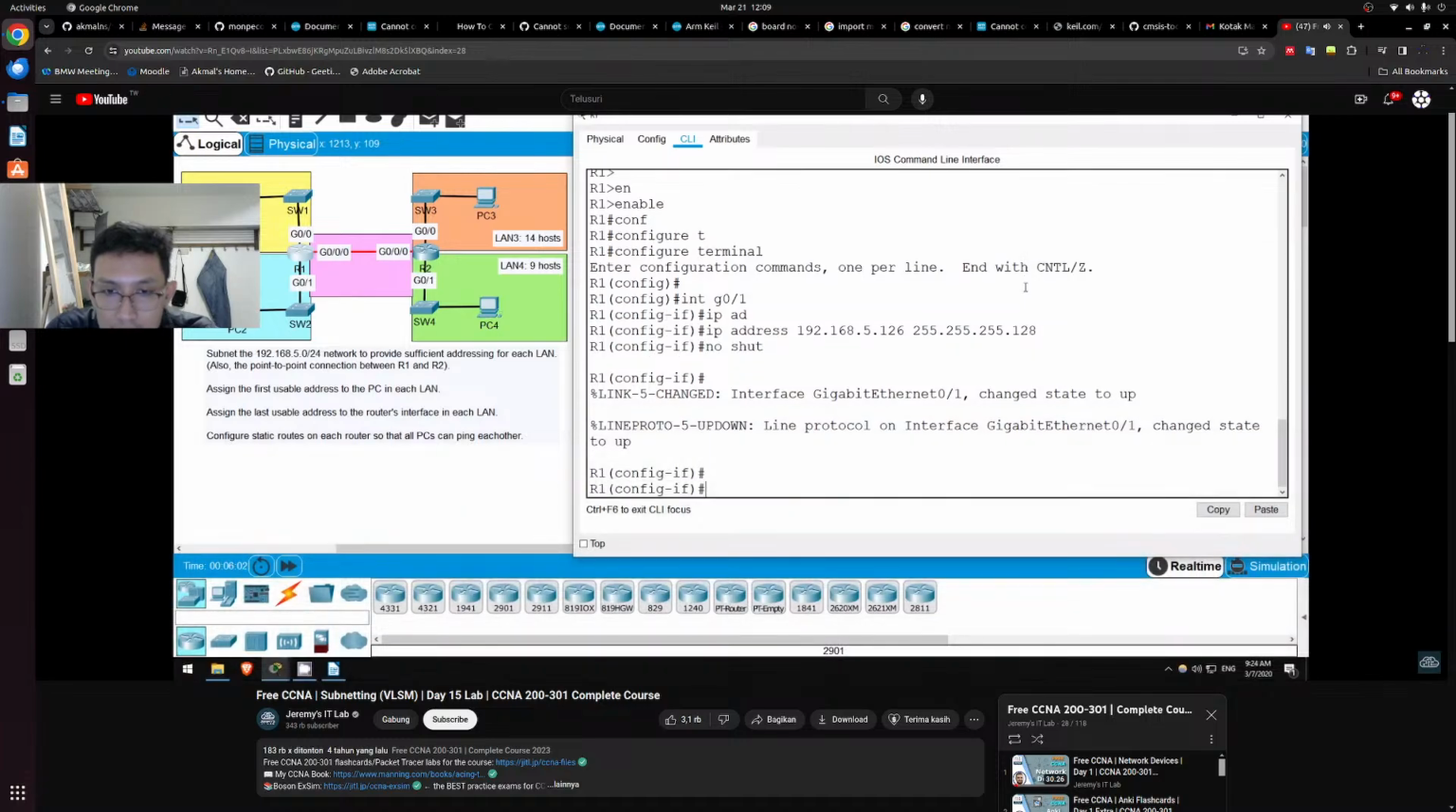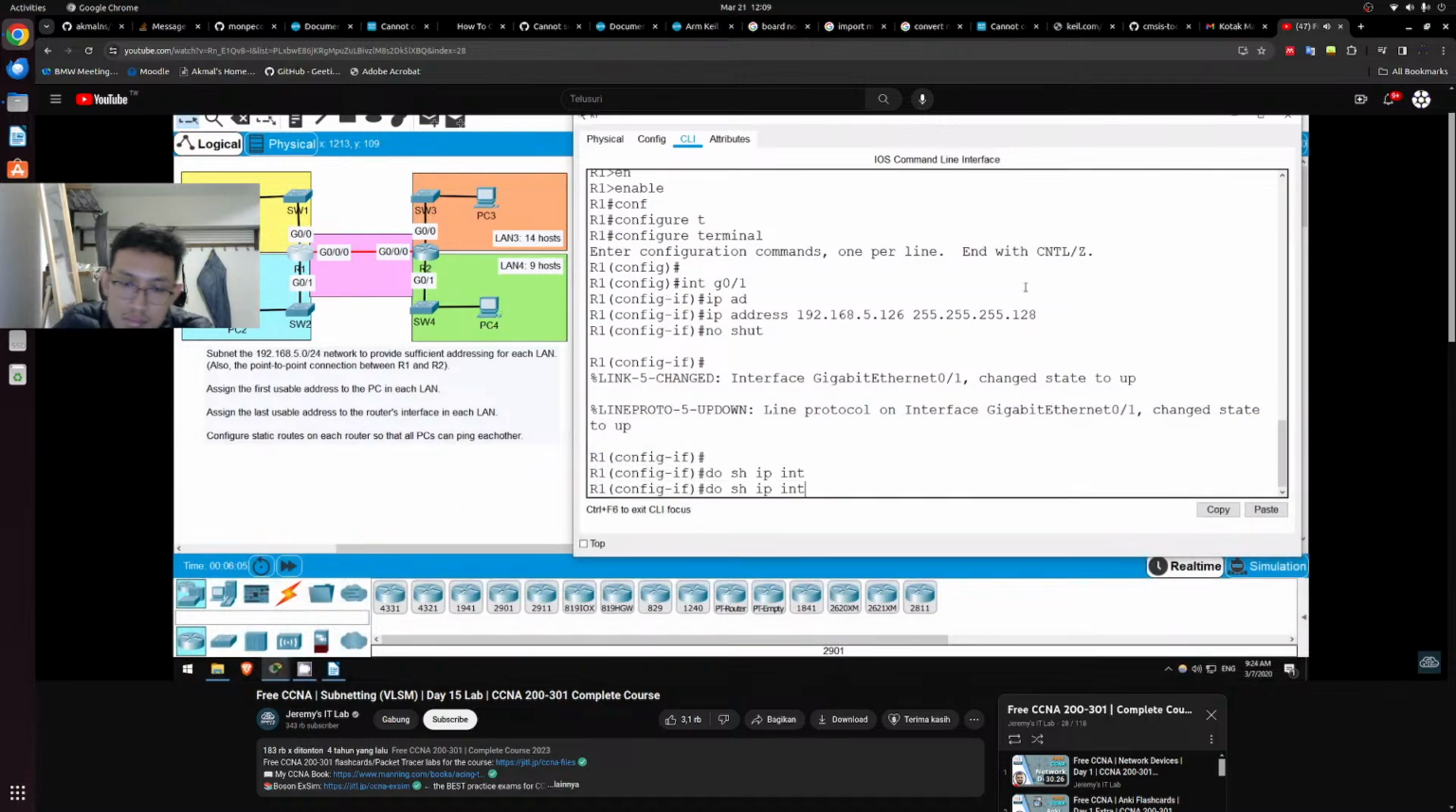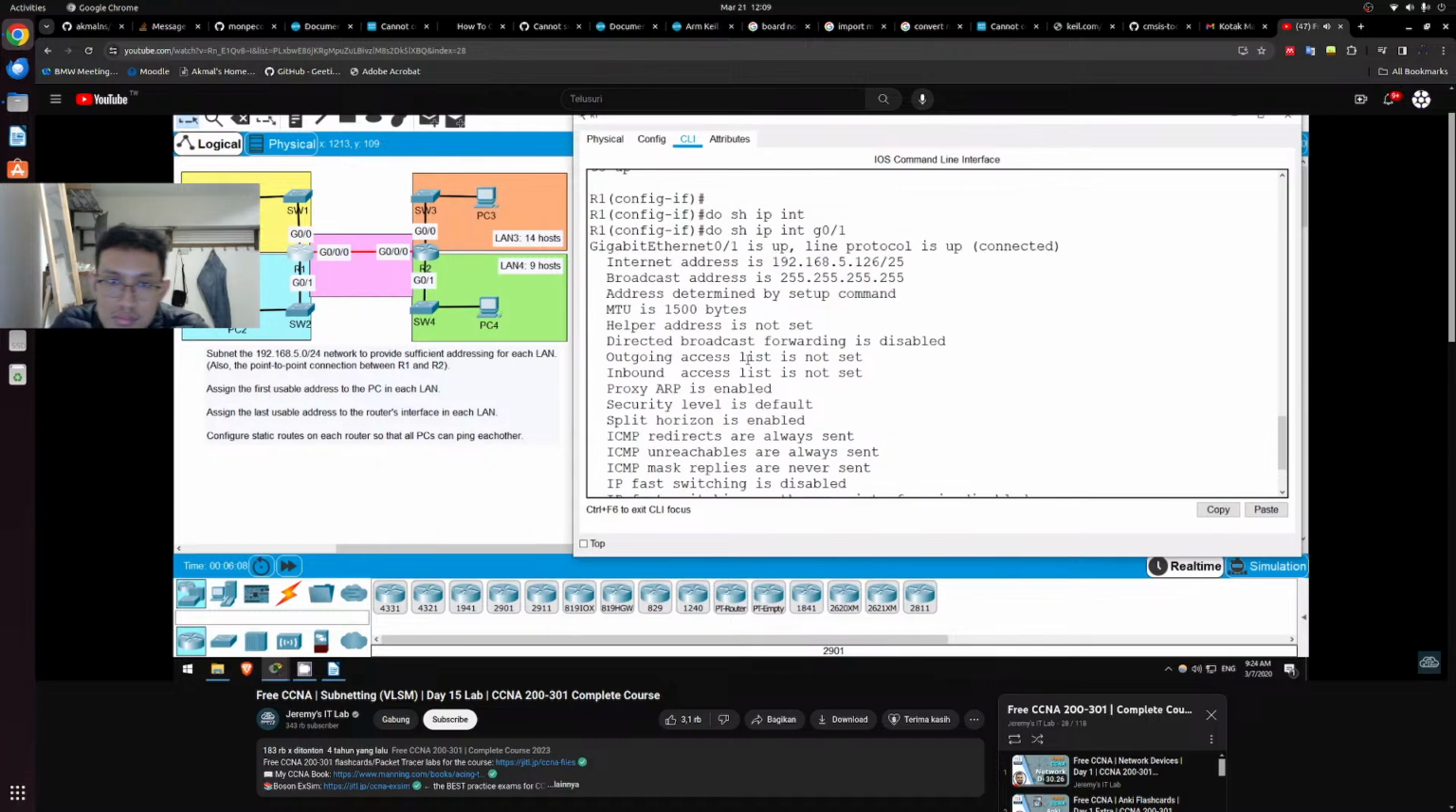Let's confirm our configuration. Do show IP interface G0/1. The show IP interface command shows various information about the interface, primarily layer 3 information. You can see here that the IP address has been configured correctly. You may notice the broadcast address of 255.255.255.255. This address basically functions the same as the subnet broadcast address of 192.168.5.127, and it can be used for any